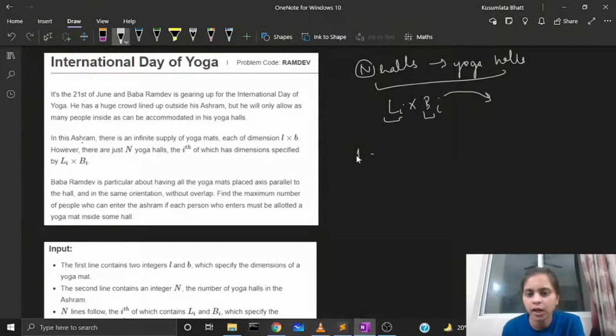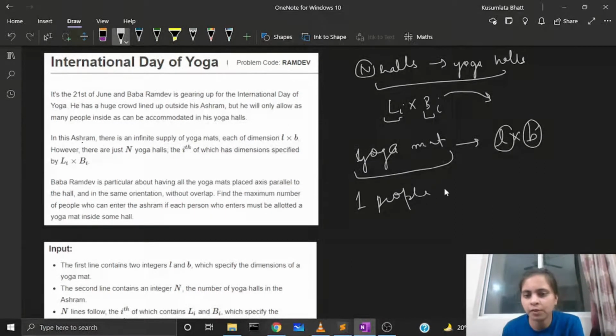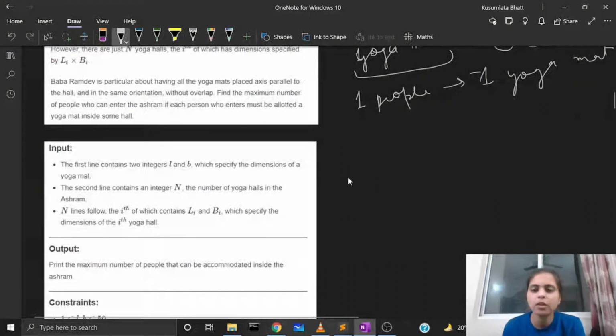And we have a yoga mat which has a defined size of l cross b. Here l is a small l and small b. And one person will be allotted one yoga mat. Now we have to find the maximum number of people we can accommodate in these N yoga halls. And there is another thing given in the problem, that the yoga mats should be axis aligned to the yoga hall